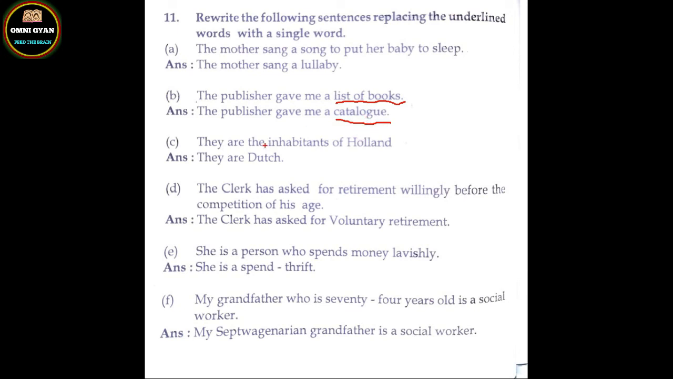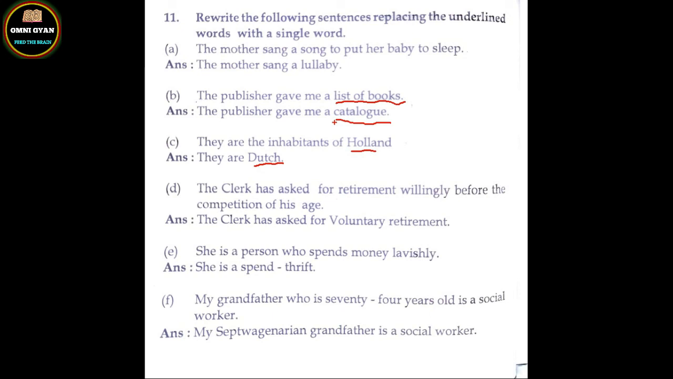Catalog, list of books. They are the inhabitants of Holland. You remember Greenland, Eskimos: inhabitants of Greenland are known as Eskimos. So inhabitants of Holland are known as Dutch. So they are Dutch. These kinds of questions could be asked. You have to be prepared, and moreover there will be options. But I would suggest you prepare the one word substitutions very nicely, and you can refer to